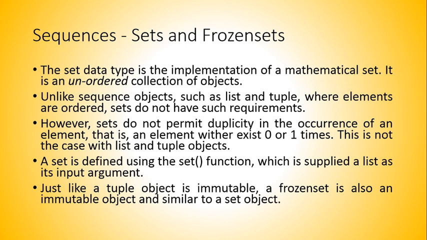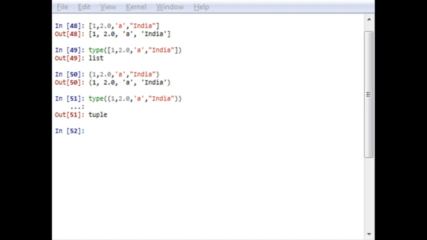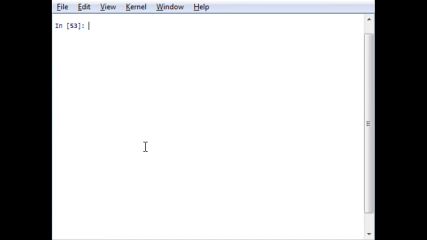In order to define a set, we have to use set. Set is a function that is used to define a set. So let me first clear the window. Now let's define a set. As I have already mentioned, a set is defined in this format. I can mention a list within a set.